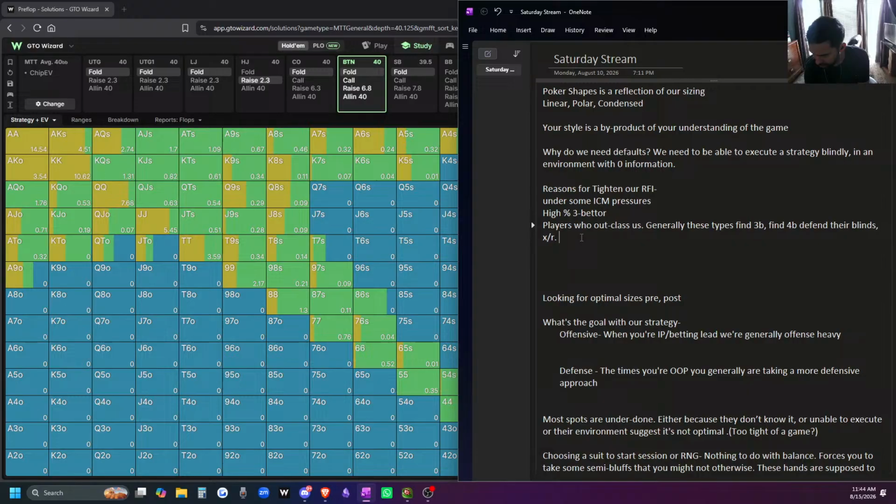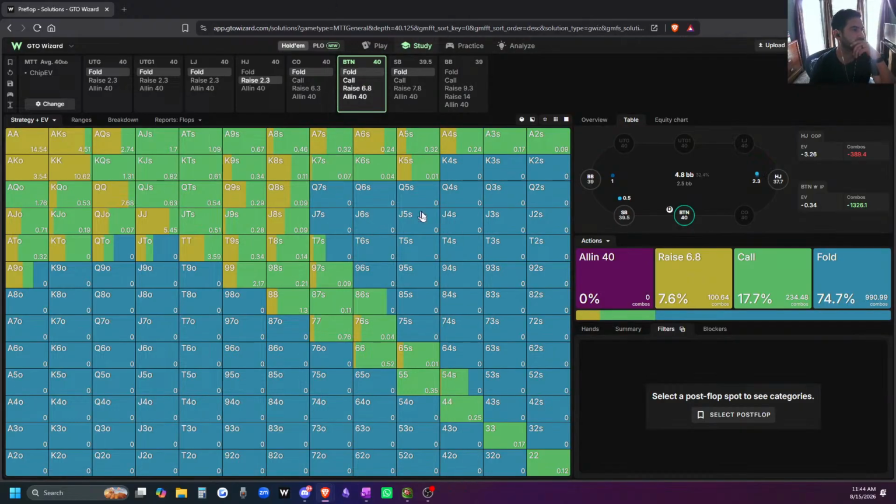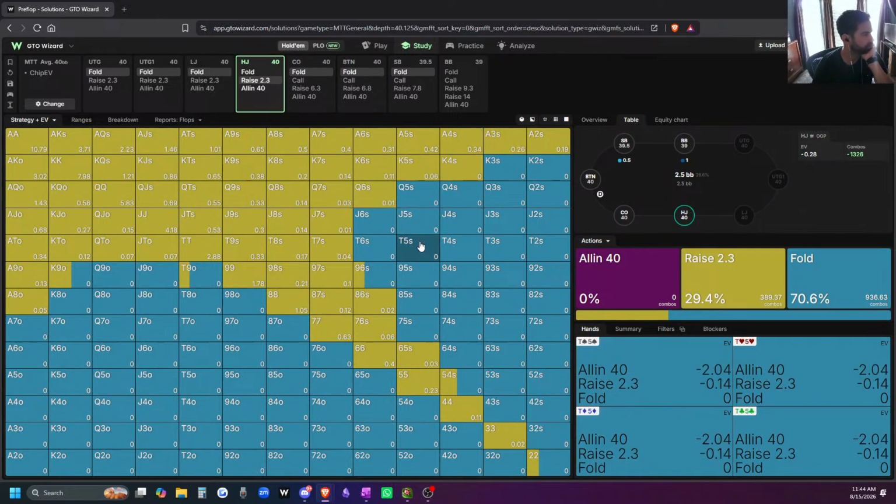I'm not sure that I followed it entirely. So for example, go to the hijack, or whatever we're looking at, like the first opener. Hijack is opening a range. Sure. Take queen six suited. If that's never in our range, but it's pure here,